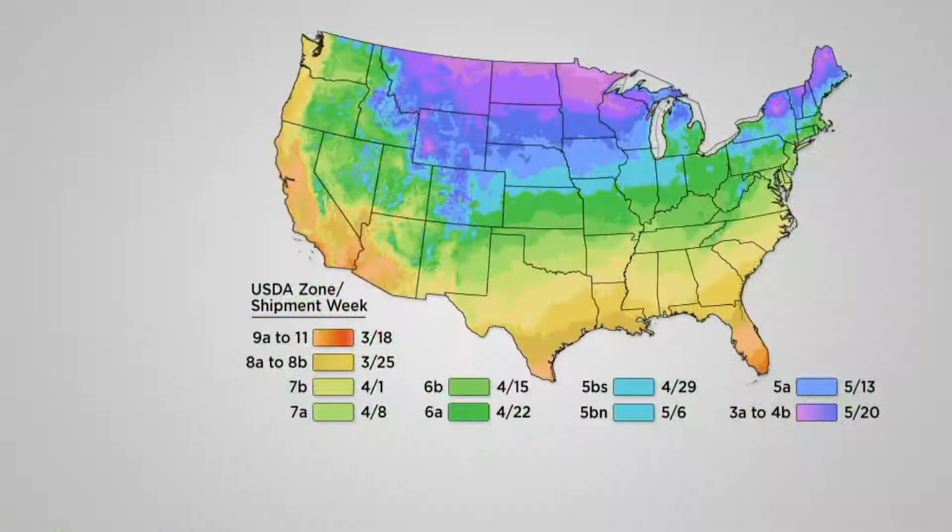Let's quickly talk about the map for a lot of the plants and flowers. There's a couple that come at specific times, but the majority, depending on where you live. And we want to make sure when you